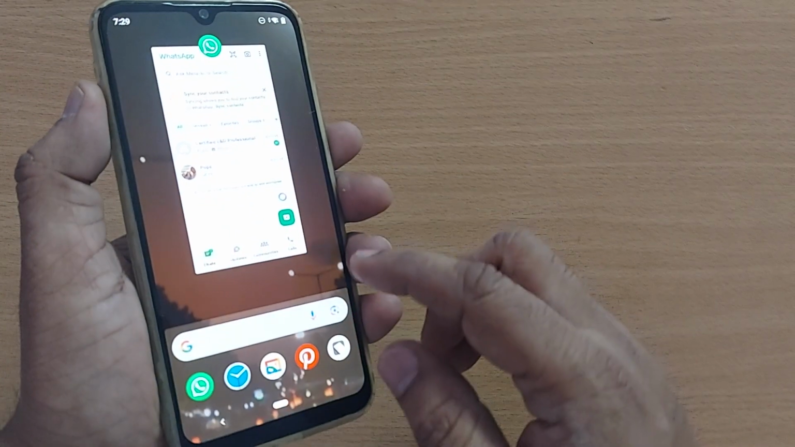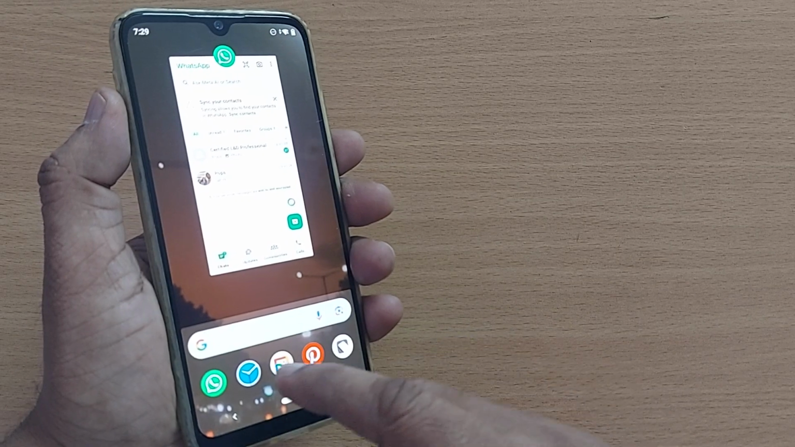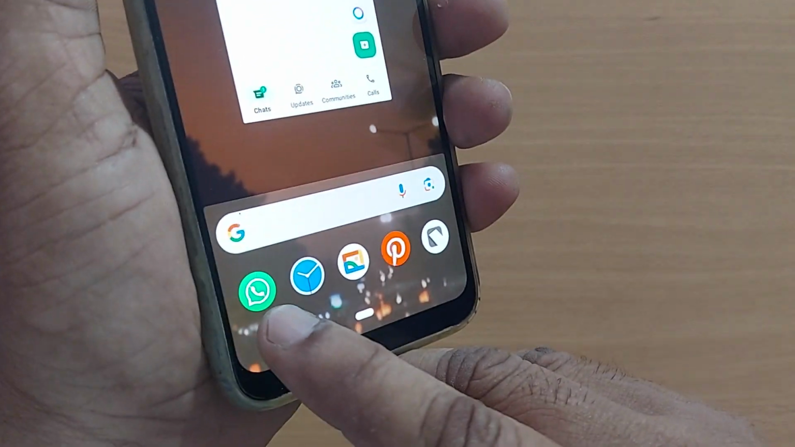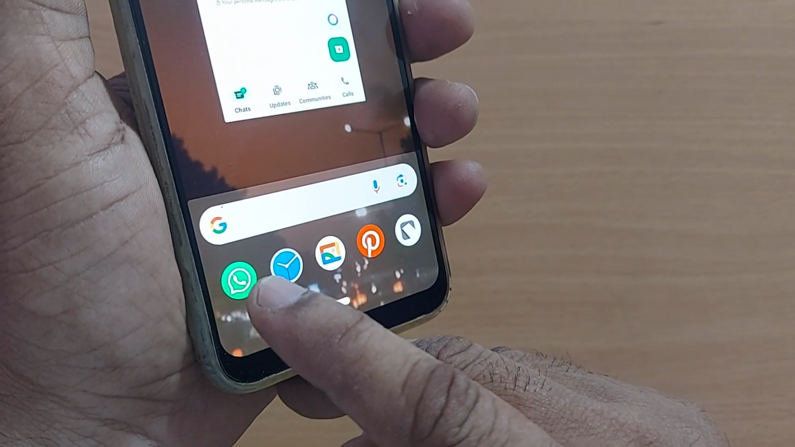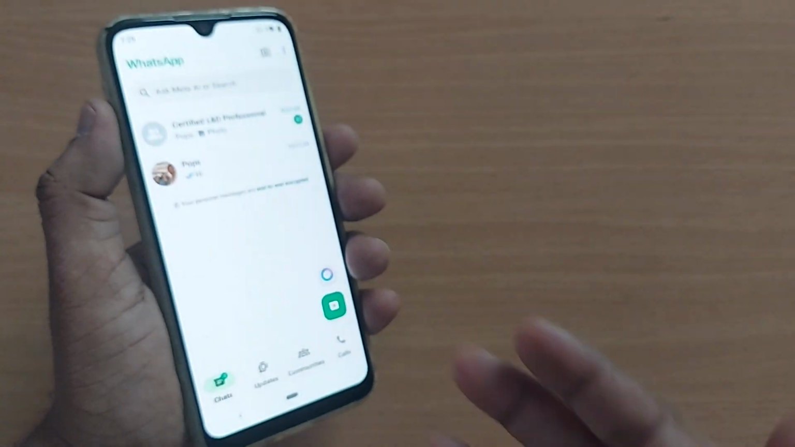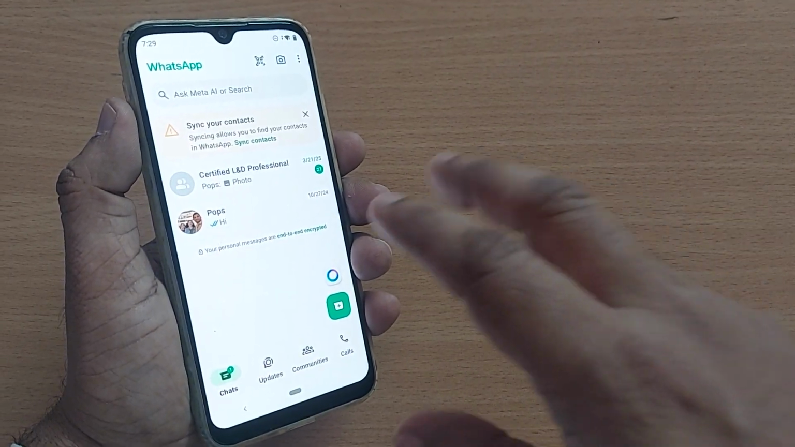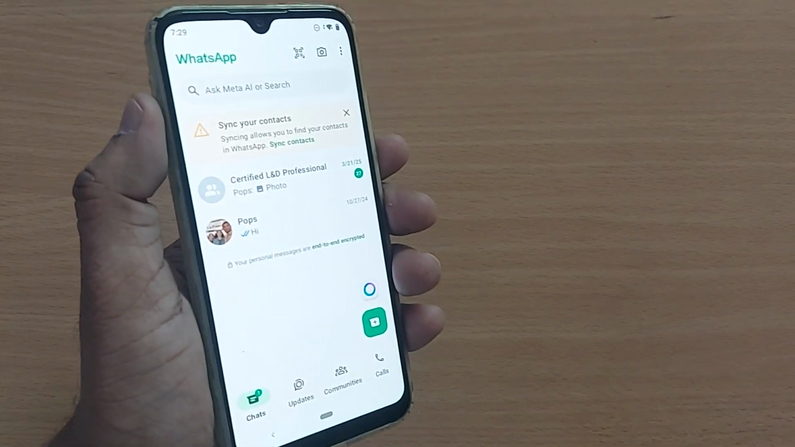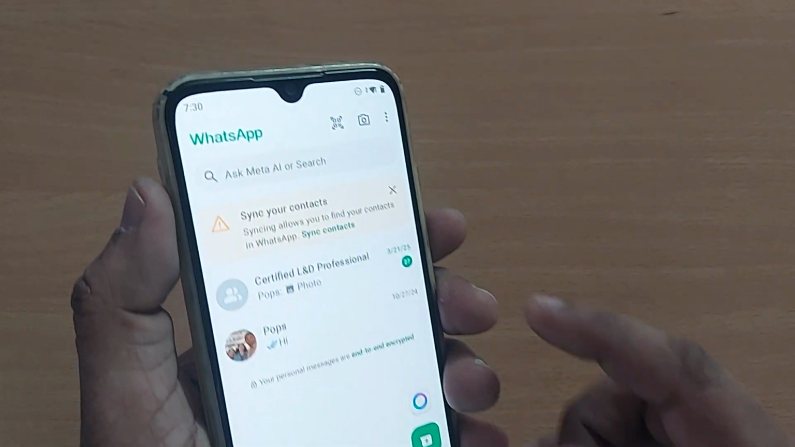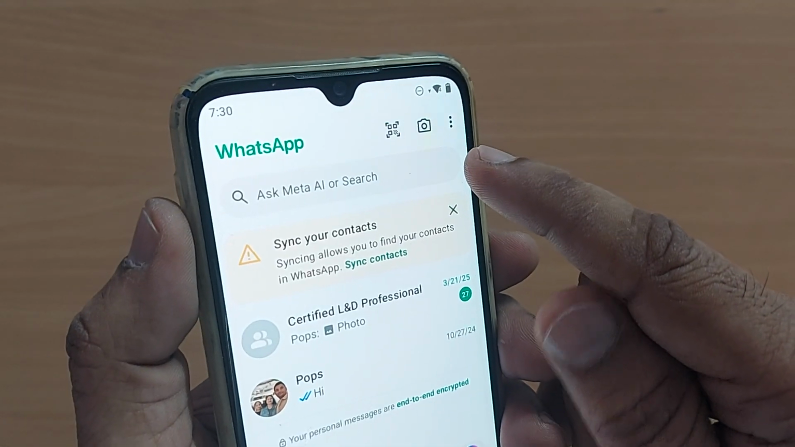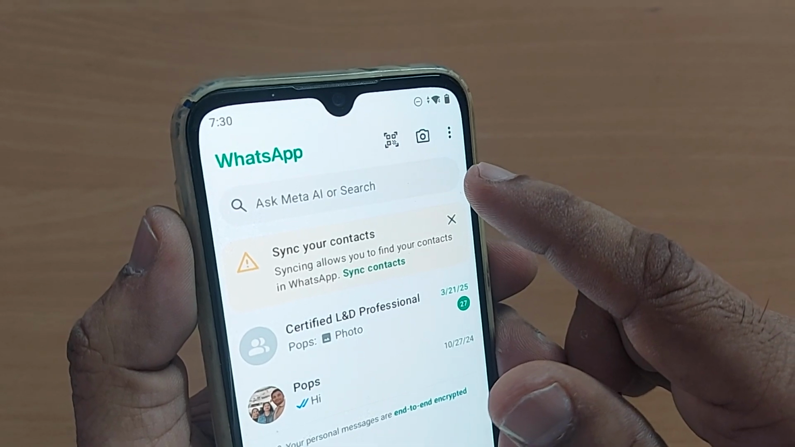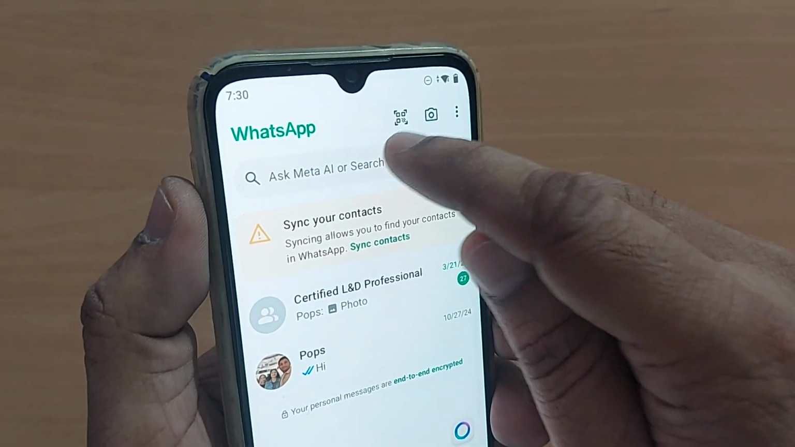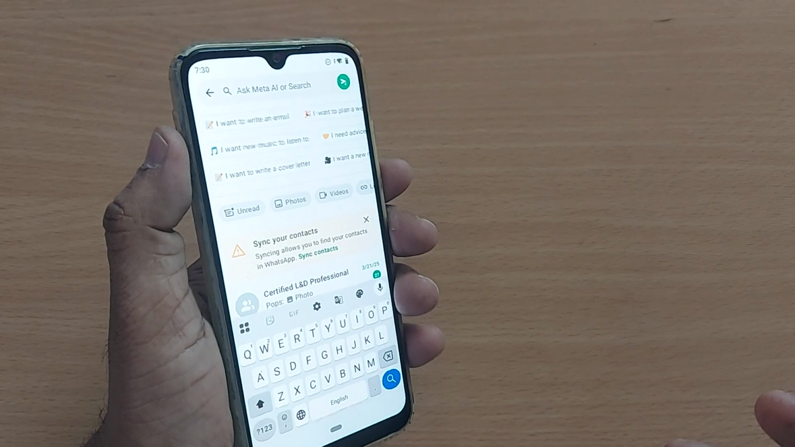To get into WhatsApp, on your homepage, wherever the WhatsApp icon is there, just click on that one, and that would take you into WhatsApp. After going to the WhatsApp homepage, this is my WhatsApp homepage, and on the top you will find this Ask Meta AI or Search bar, and tap on this one, and whatever you want to ask,